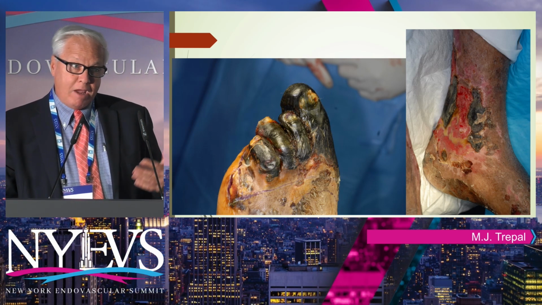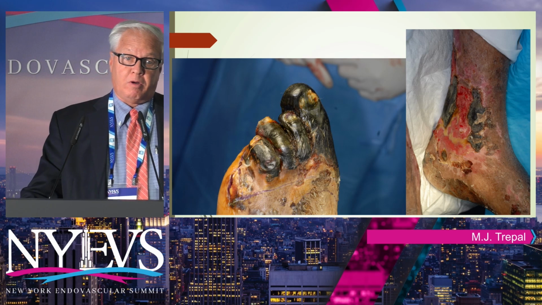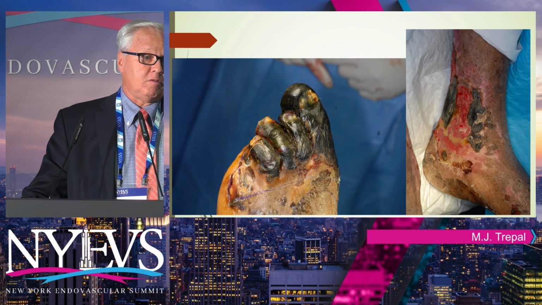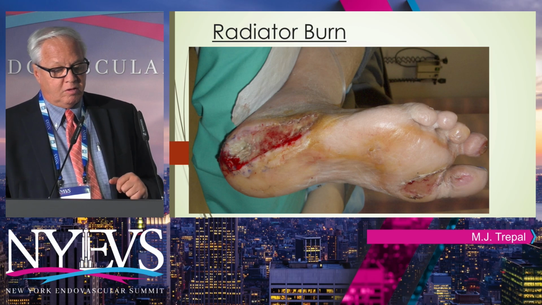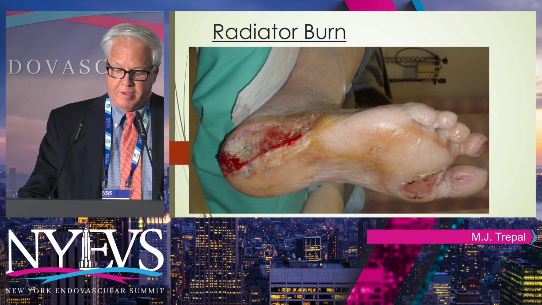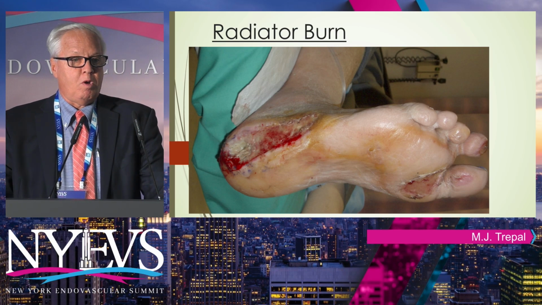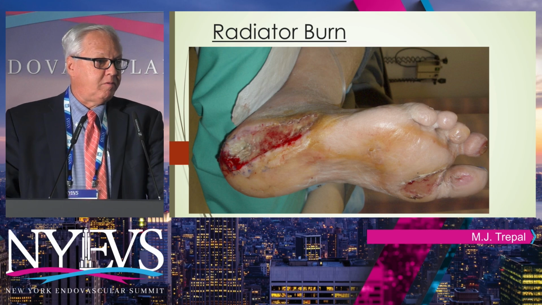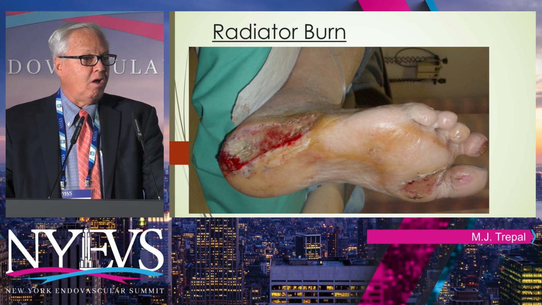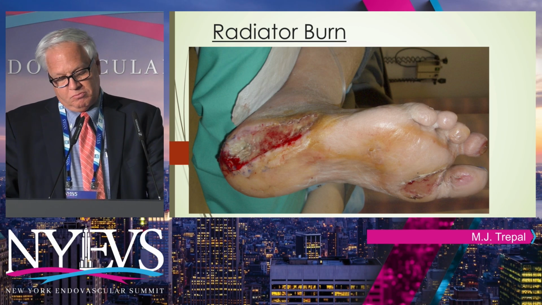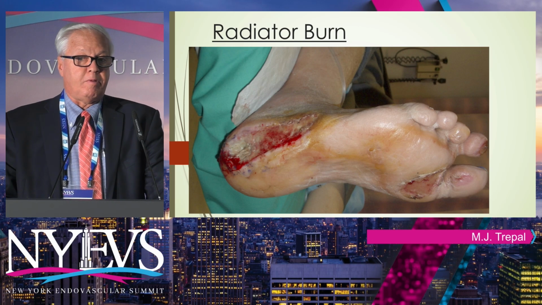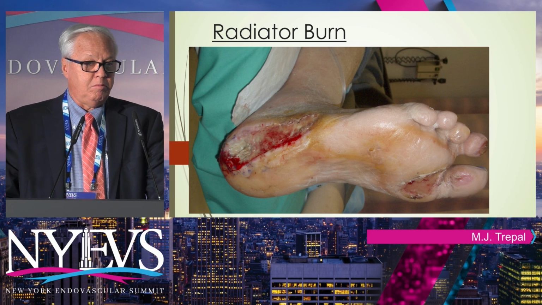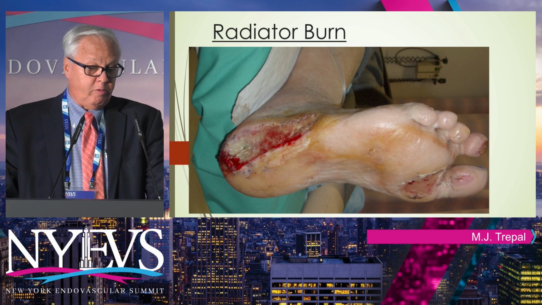Again, knowing patients aren't always in a great mental state to give you that history, that they fell asleep on the bench. So this was a frostbite. This is a diabetic who felt that his feet were cold, and what better way to warm up his feet than to rest them on the radiator overnight or for a little bit of time, and this was by history. Yes, there was neuropathy there. Yes, there's some degree of ischemia there, but the direct etiology of this was putting it on the